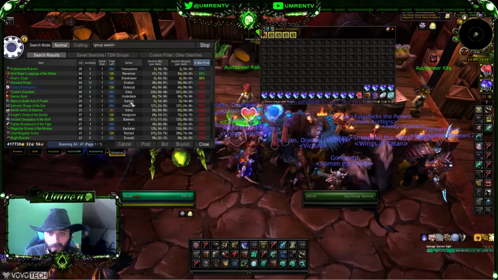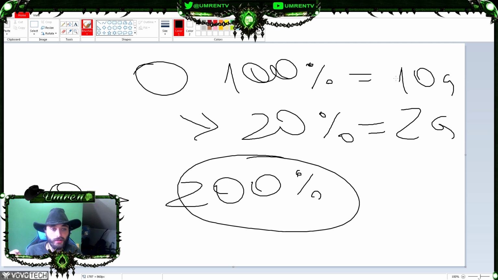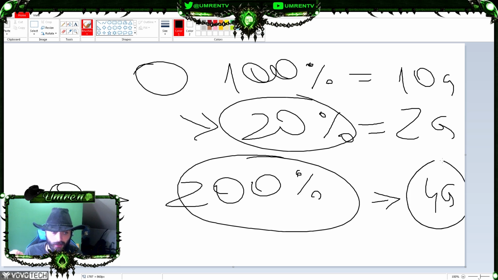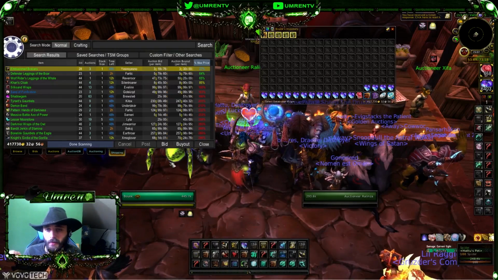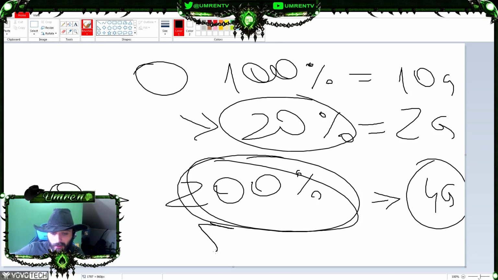What do these percentages mean? You see, this is like max price. If you go on auction house and for a certain item that you have applied shopping operation, it says 200%. These 200% are not of 10. This 200% is of this. So basically 200% will be 4 gold, which is still quite an interesting amount if you want to buy it, even if it's 200%. But if you go for like 20% on the market price, I wouldn't recommend buying them for, I don't know, like 500%, because 500% here in the shopping